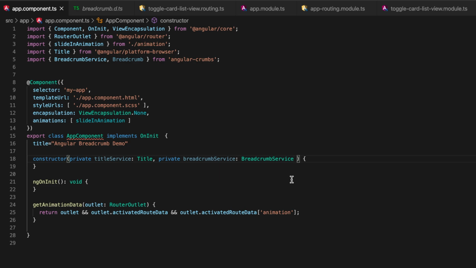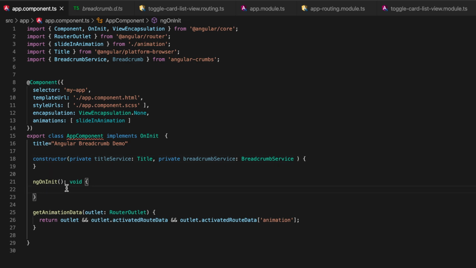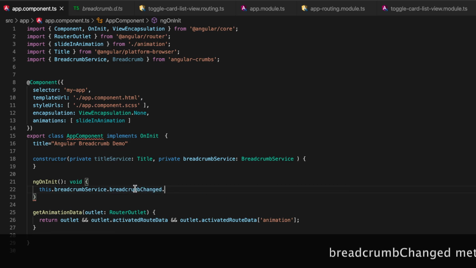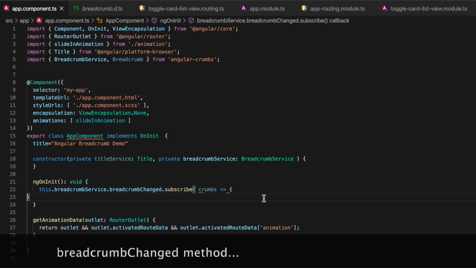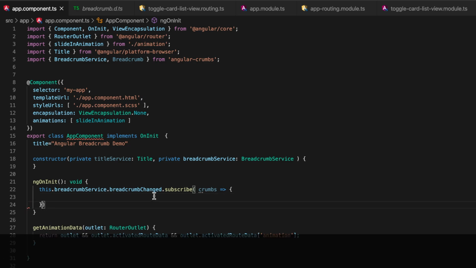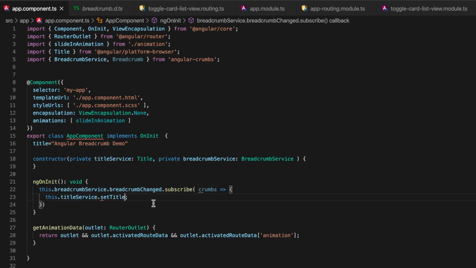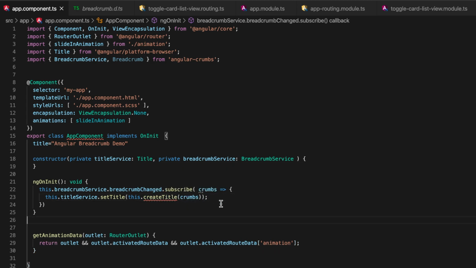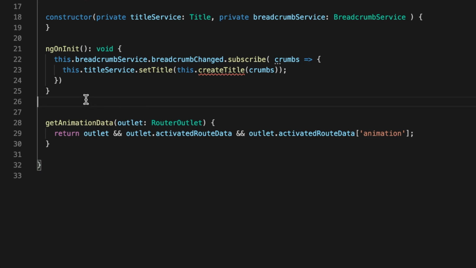After this, in ngOnInit, we'll call breadcrumbService and subscribe to its breadcrumbChanged method. So whenever breadcrumb changes, we will call the titleService.setTitle method and pass the createTitle method, which will take the crumbs response as a parameter and perform the action.